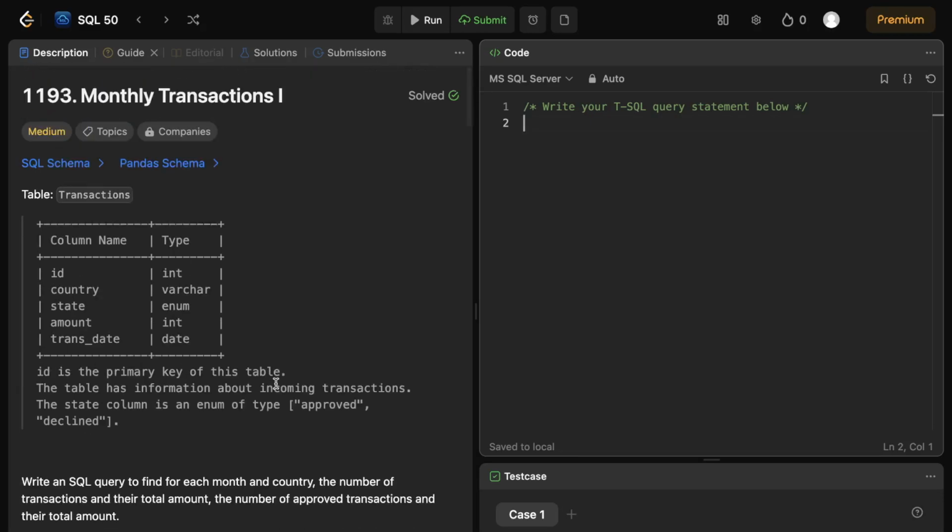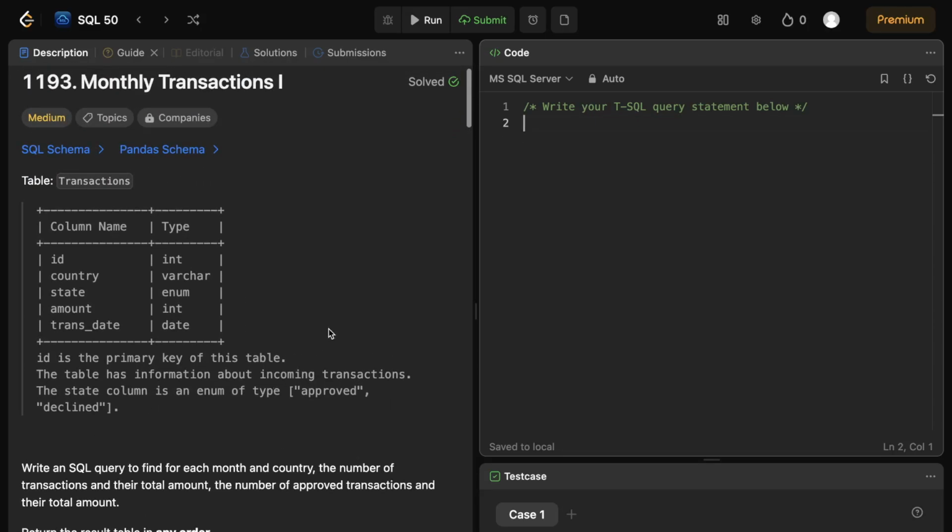So let us start writing the query. We'll have to write two CTEs, one for all the transactions and the other for the approved transactions, and we could join those two by the month and the country. So let's start writing the query with all transactions as. The columns that we need are,